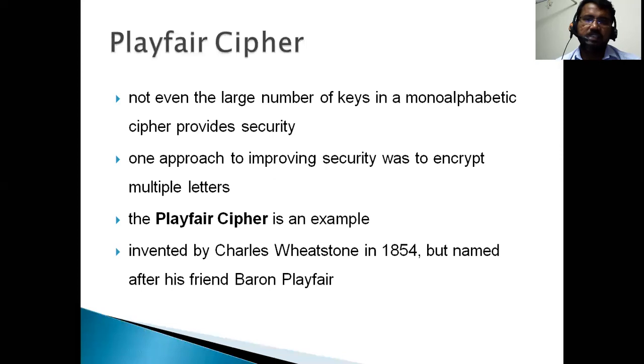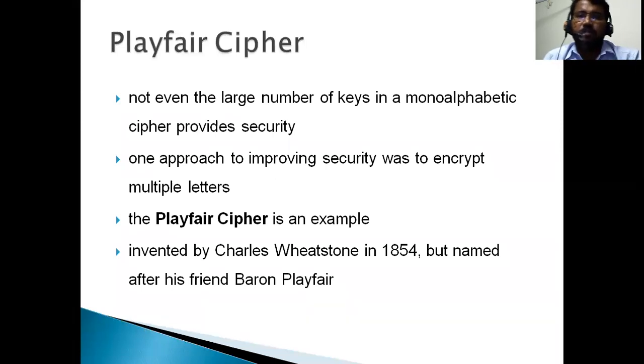In the previous example, we have seen the monoalphabetic cipher, where 26 factorial keys are used. But instead of using those many large, different keys, security attacks still happen in the form of language recognition techniques. In the English language, only a few characters are repeated multiple times. By analyzing that data, attackers can attack the monoalphabetic cipher.